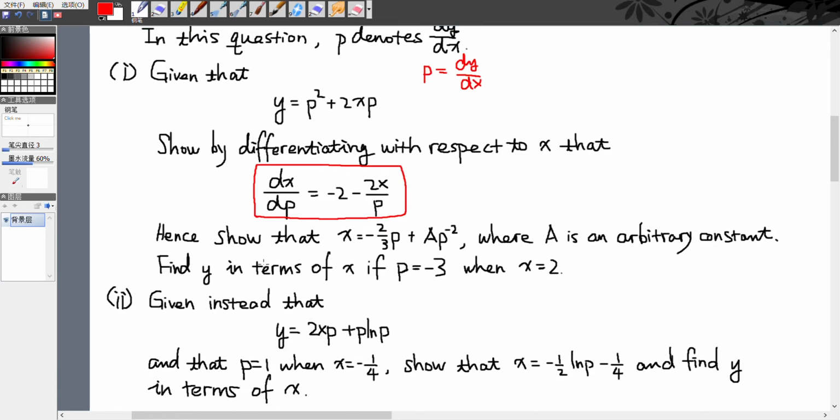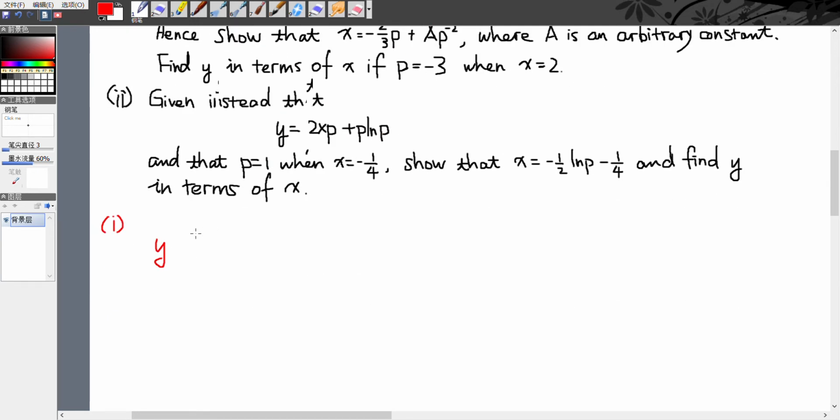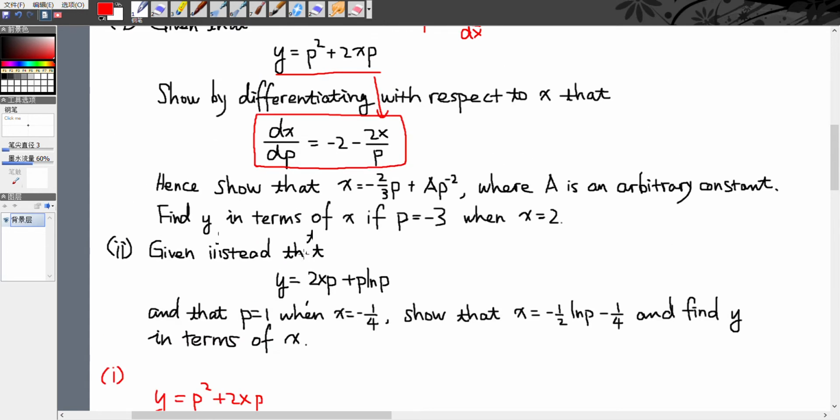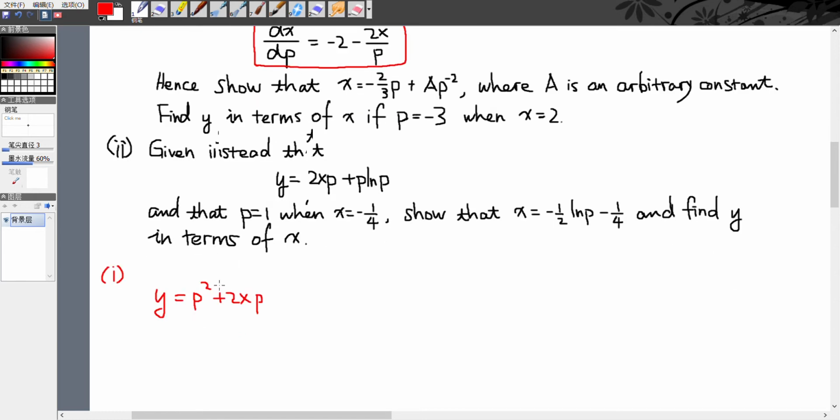So the first sub-question of the first question is very simple. It's just asking us to differentiate this equality and to get this equality. And let's get into it. Y equals p squared plus 2xp, and now we need to differentiate with respect to x, so dy by dx